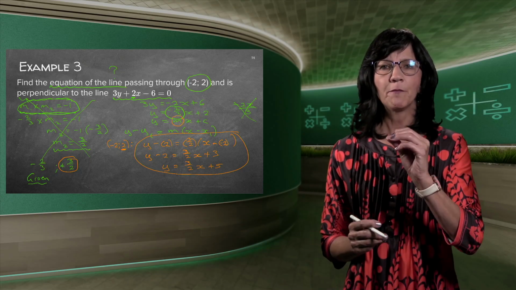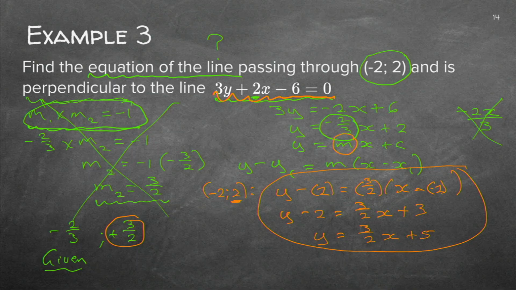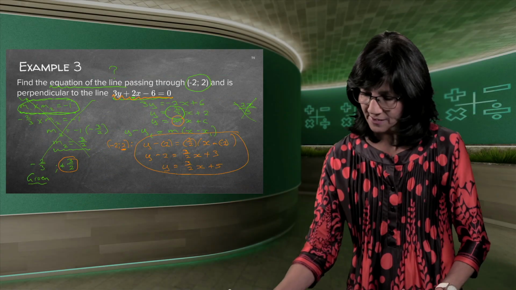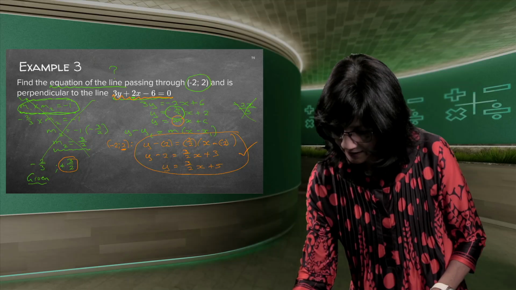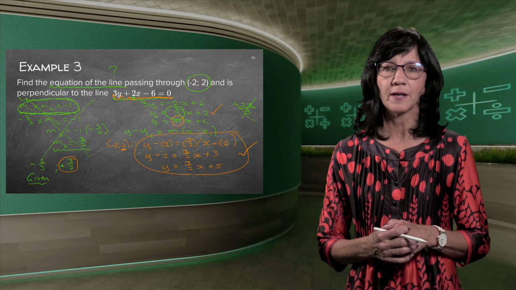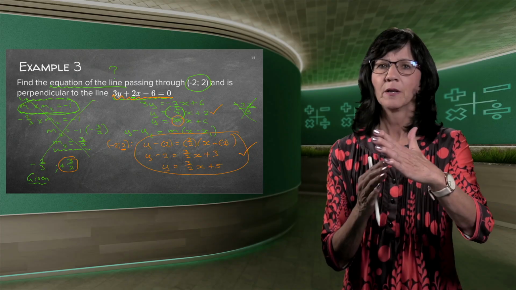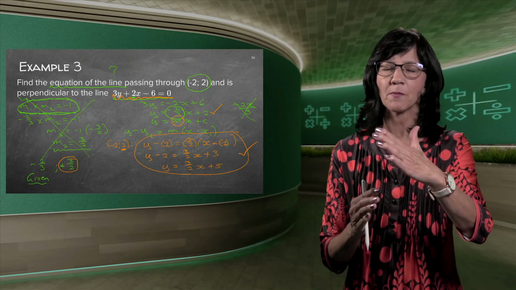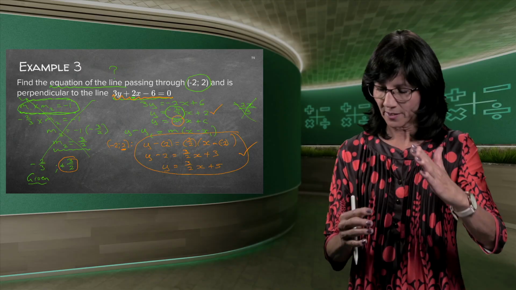I needed to find the m from my given equation, and that's why I had to rewrite this ugly equation here in the format y is equal to mx plus c. So all of this, lots of writing, is not actually necessary. As you practice it, you'll see which stuff is necessary to write down, but this orange part is actually the part that is your answer. We only needed that part as well because we needed to find the m from there. Just make very sure: parallel, m's are equal; perpendicular, multiply with one another. One is a plus, one is a minus, and that should give you minus 1. So shortcut, they're inverses of one another. One is a plus and one is a minus.